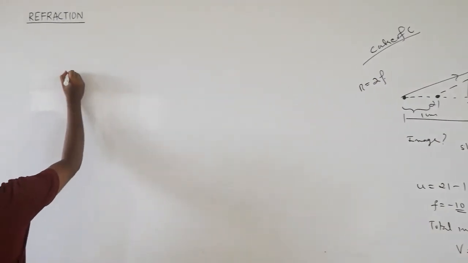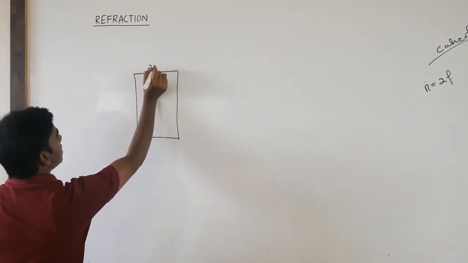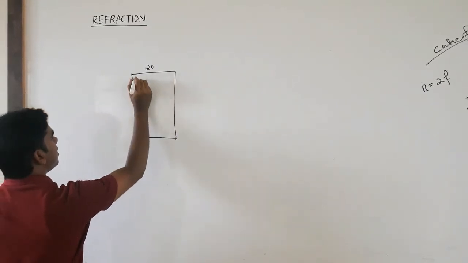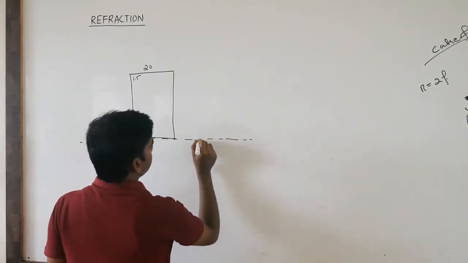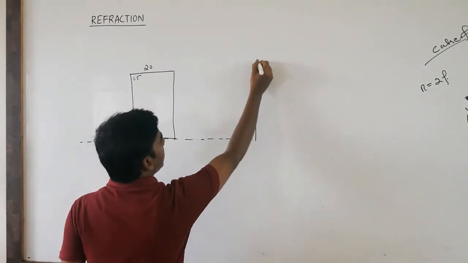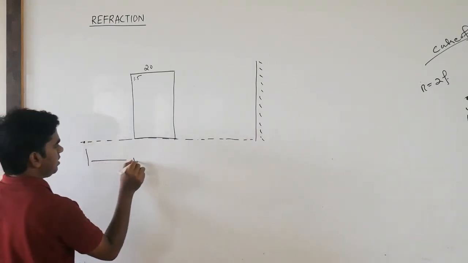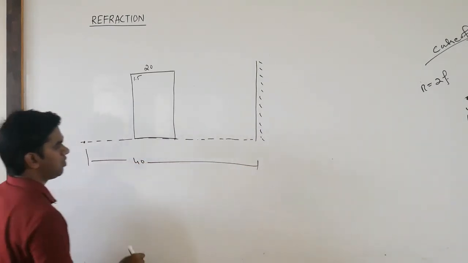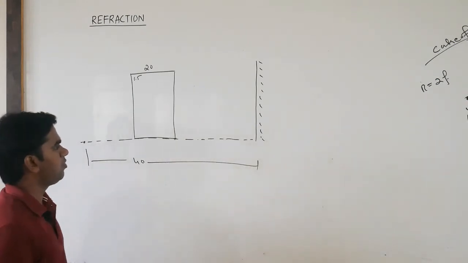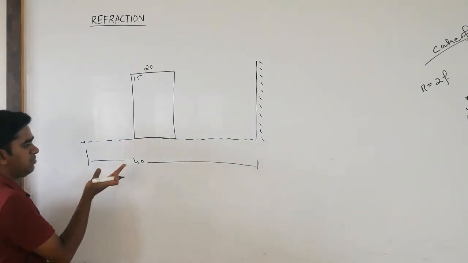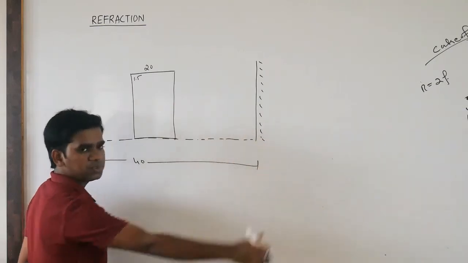You will see that suppose you have a glass slab of thickness, say, 20 centimeter and refractive index, as usual, 1.5. Suppose the mirror is here, a plane mirror is here. Now say the object is at 40 centimeter. So now we have to find the image distance. If you take object distance 40, since it is a plane mirror, the image distance will also work out to 40.